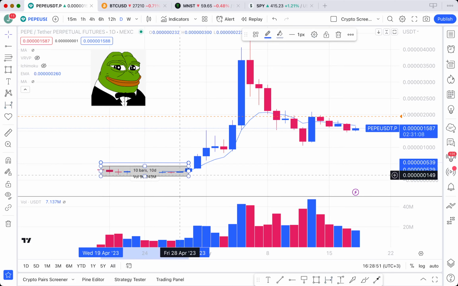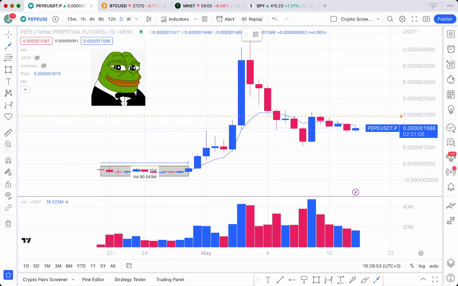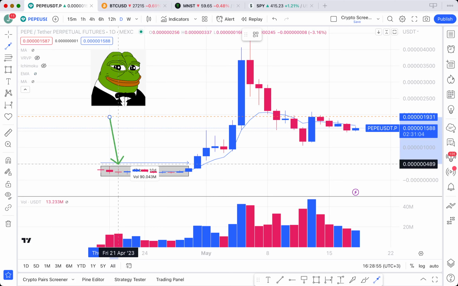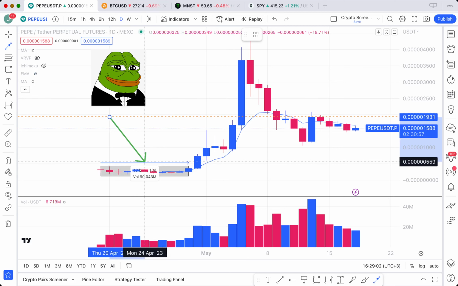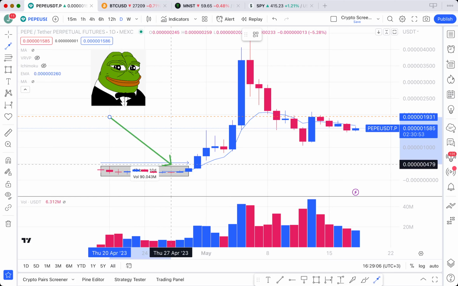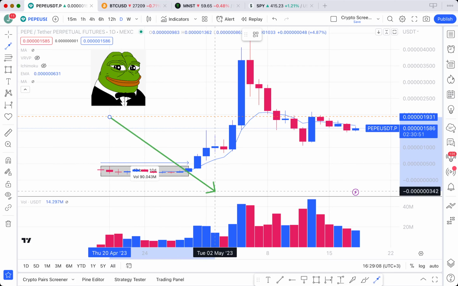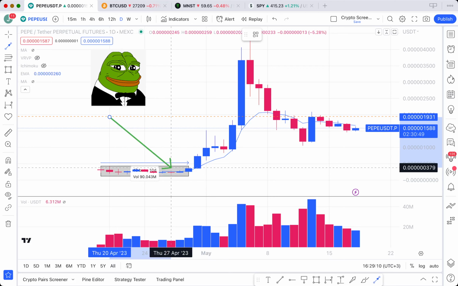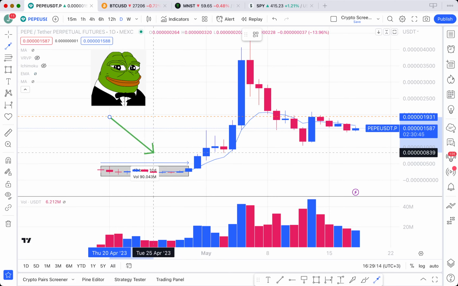Nothing happened here. If you bought here just because PEPE was a thing, you gambled, and that is okay. I'm not going to tell you what not to do, but this was kind of a gamble. This is not an edge because you don't know if PEPE will explode or go down. You didn't know if it had momentum or not. If you had a different sentiment because of something you saw on Twitter, that is your edge. But I'm showing you what my edge is, how we traded it in our community.